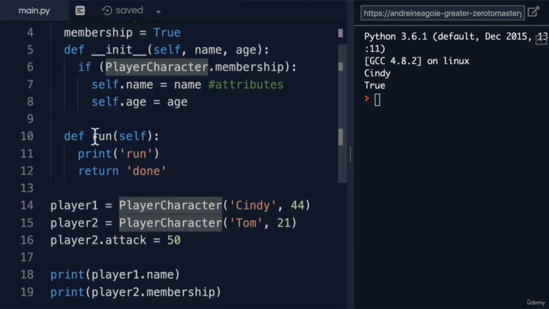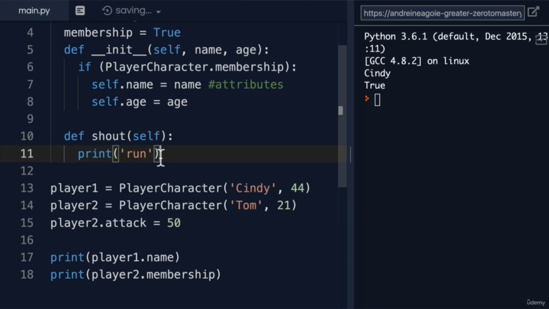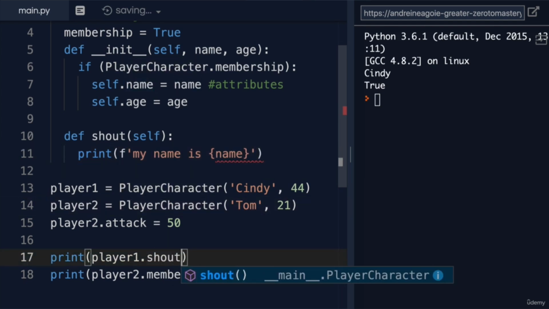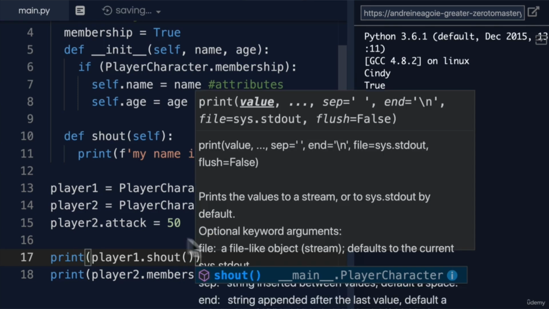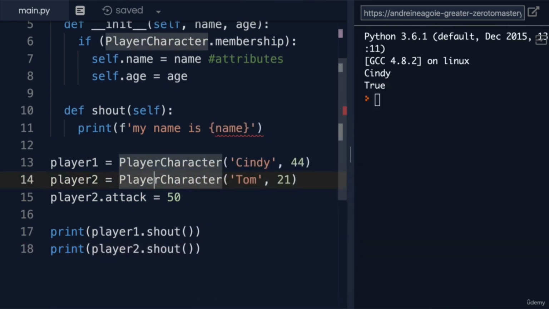If I were to, perhaps in the run, let's change this to shout. And in shout, it's going to want to run. Let's remove this line. It's going to print an F string that says, my name is, and give it a name. Do you think this will work? Let's give it a try. Let's say shout and make sure we run that method and then click shout again. If I click run,